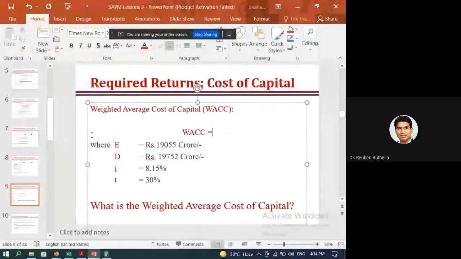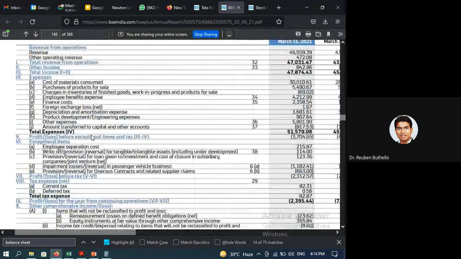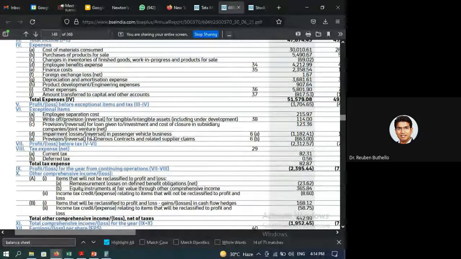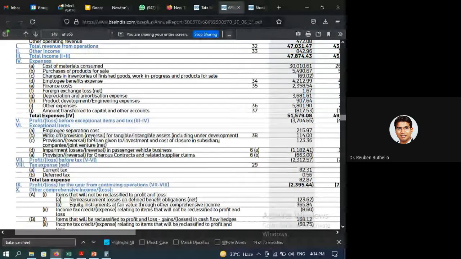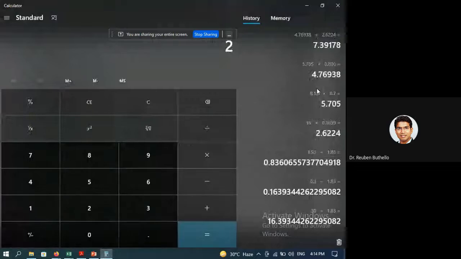Another thing is the interest that I've considered as 8.15%. I will have to dig into the balance sheet and figure out what that figure is. In fact, I don't have to dig too much. No need of annexures also. If I go to my P&L and look for interest paid, it's always in the P&L. See, finance cost. Now, if you look at my finance cost, how much is that? 2,358. Means if I take 2,000, I pay 2,358.